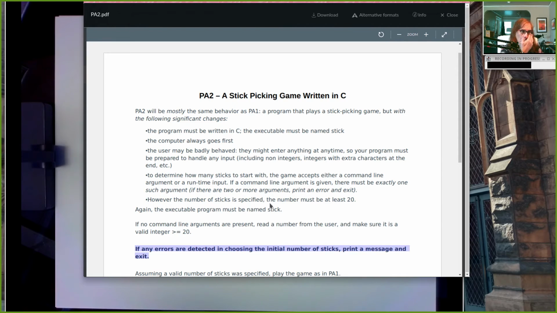Because there's data types in C, is it fine if I max them out at like 32,500 so I can just use integers? You can use integers. Integers will go up to 2 billion, and you don't need to check for that. If they type in 3 billion, just let it do whatever it does. I won't try to play with 2 billion sticks. But don't max it out at 32,000 because integers can go up to 2 billion. Really? Yeah, so integers are